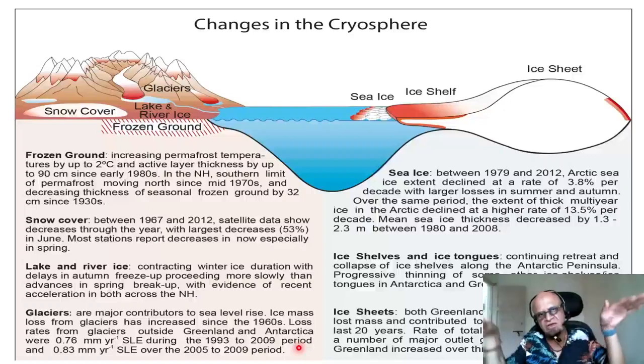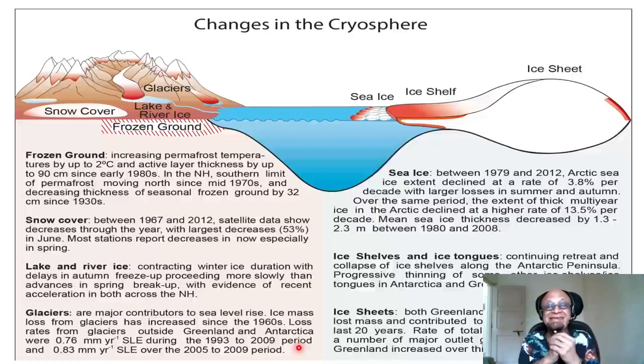If you increase the global sea level by 0.76 millimeters per year, you can multiply the 0.76 by the area covered by the oceans, and you see how much water that is. That is a lot of water, which means it's a lot of glacier mass loss, and this is accelerating. So it jumped from 0.76 millimeters per year to 0.83 millimeters per year. So when you see small numbers like 0.1 degree centigrade warming, don't think it's really tiny.